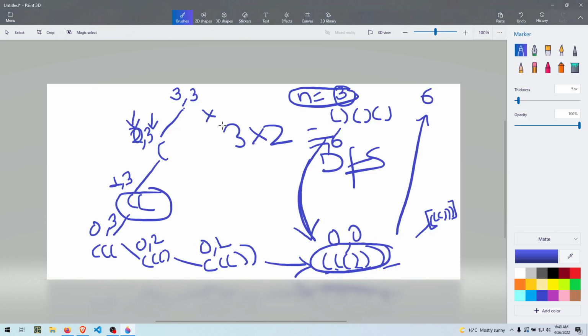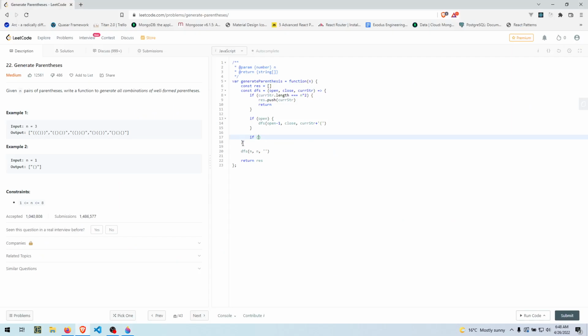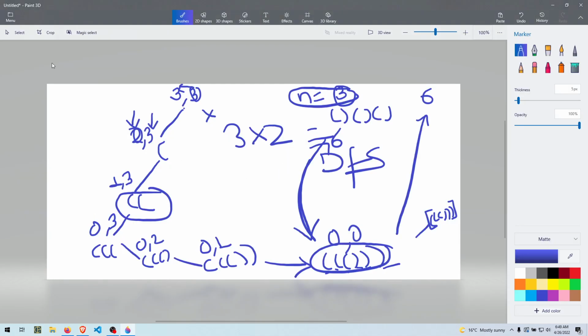Now for the closing, we need to check if our closing is greater than opening. So if close is greater than open, then we go dfs, open will be the same, but close will be reduced by 1, and current string plus we will add our closing parenthesis in here. So what this does is,